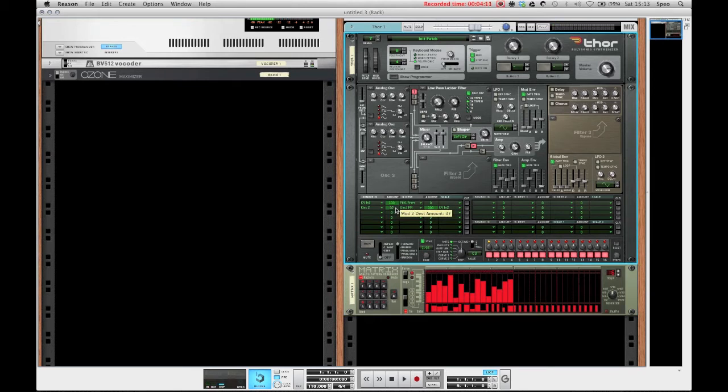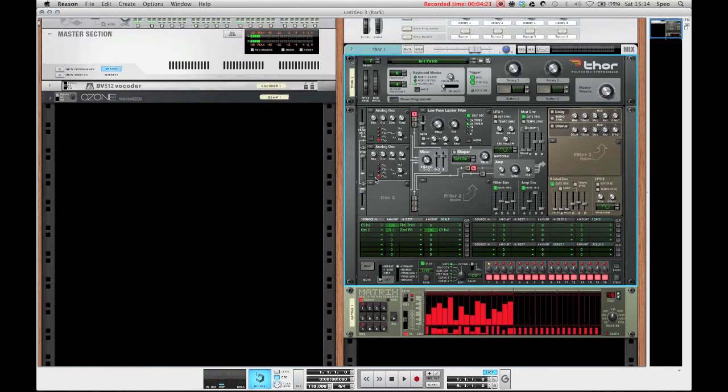We can also bring down the modulation amount a bit. But it's actually quite cool at 42. Okay, now what we can also do just to add a little bit more to the sound, we can chuck